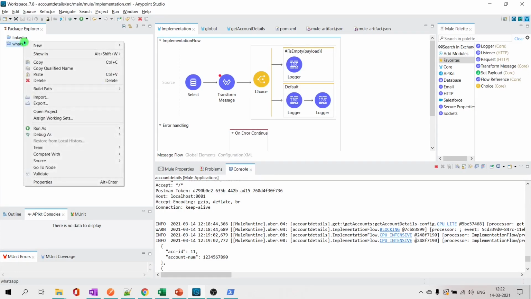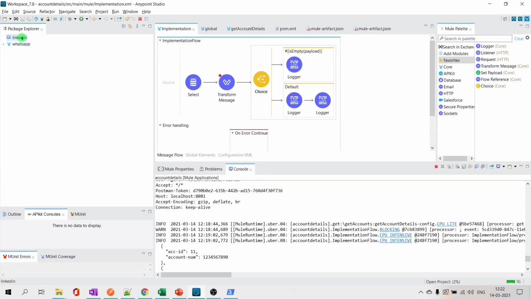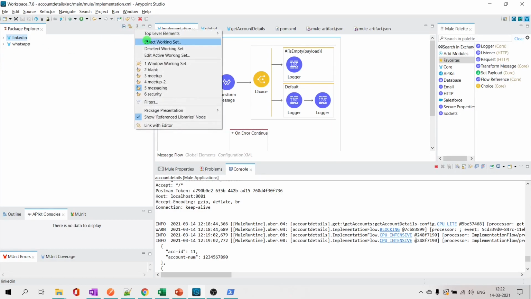It doesn't matter if your project is open or closed. This one still works perfectly. So I have only these two things to navigate now. It'll be easy. Working set is like a logical separation in your workspace. There won't be any separate folders created in the workspace. It'll be as it is. Just representation-wise, it'll be segregated.